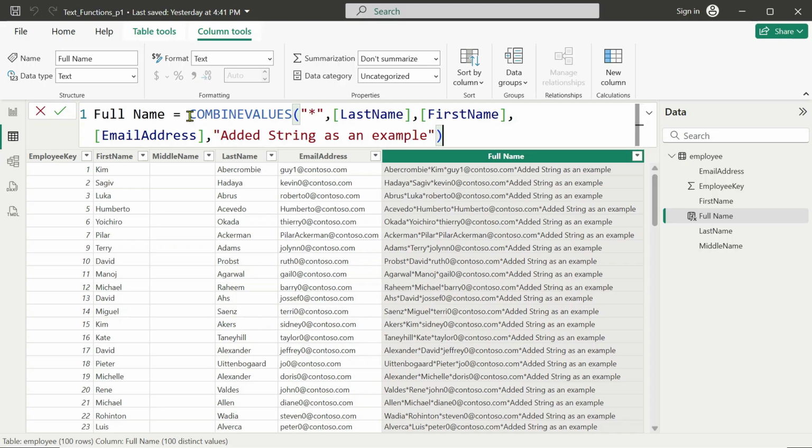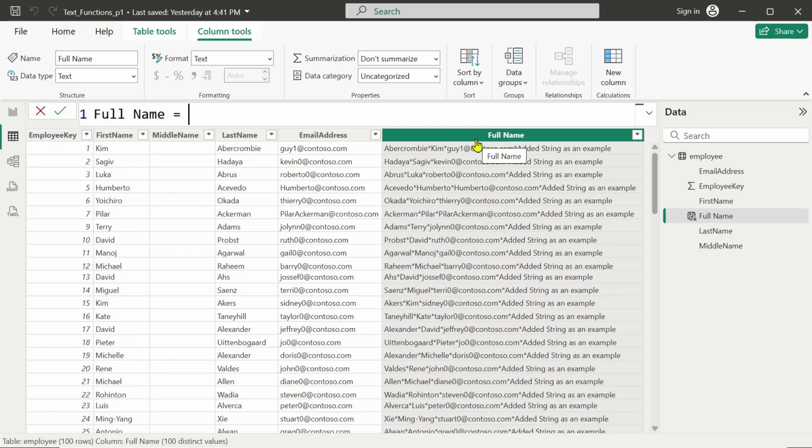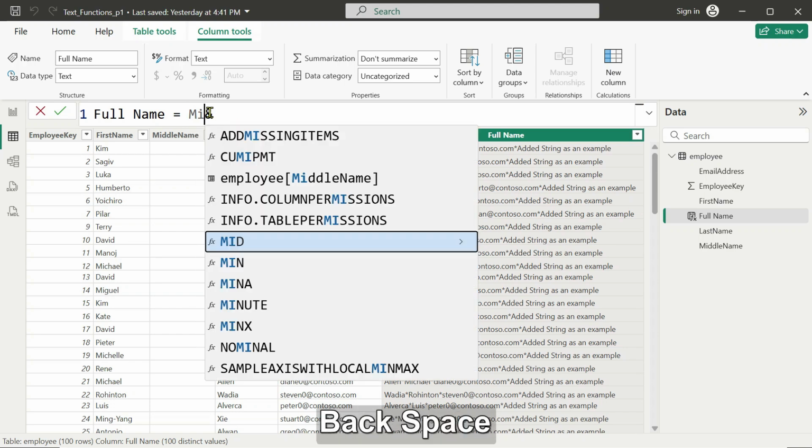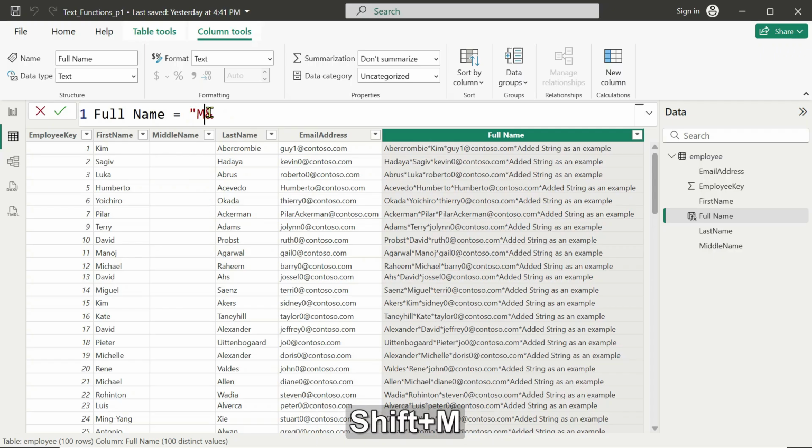If you want to have more control over the text combination, you can use a different strategy. Instead of using a DAX function, you are going to use the AND operator, represented by an ampersand. So the ampersand represents the AND operator. And for example, if I want to write Michael, this is going to be a string, and I can do it manually, hard-coded Michael